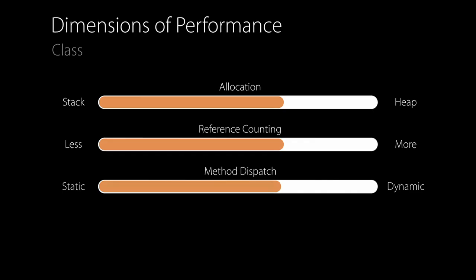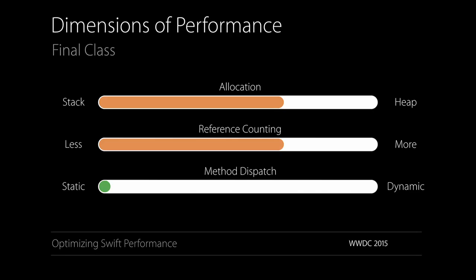Not all classes, though, require dynamic dispatch. If you never intend for a class to be subclassed, you can mark it as final to convey to your fellow teammates and to your future self that that was your intention. The compiler will pick up on this, and it's going to statically dispatch those methods. Furthermore, if the compiler can reason and prove that you're never going to be subclassing a class in your application, it'll opportunistically turn those dynamic dispatches into static dispatches on your behalf. If you want to hear more about how this is done, check out this great talk from last year on optimizing Swift performance.